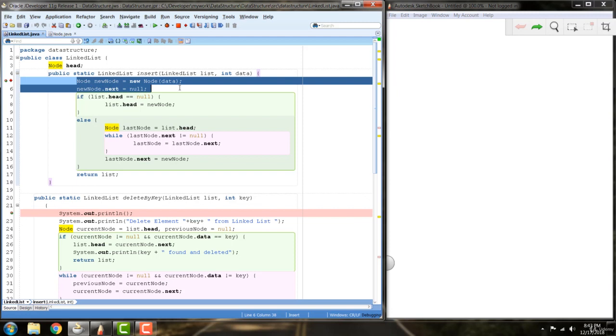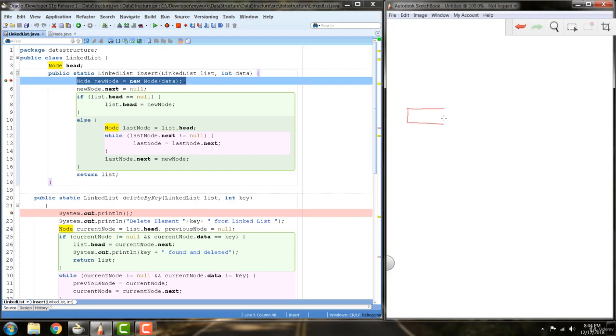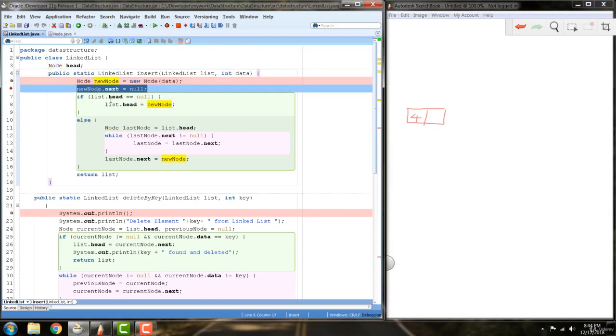Whenever program executes this line, what will happen, right? It will create one node with value of 4, right? This is what will happen in this line. Here we are just assigning null to the next. This will be pointing to null,